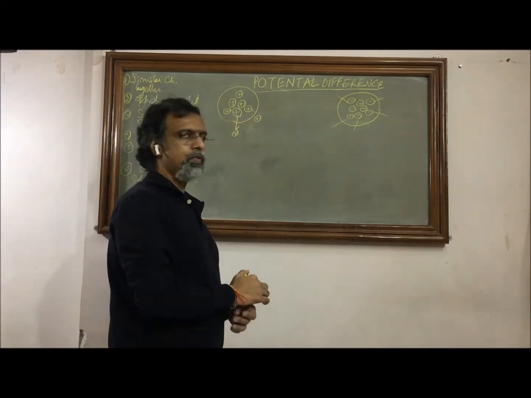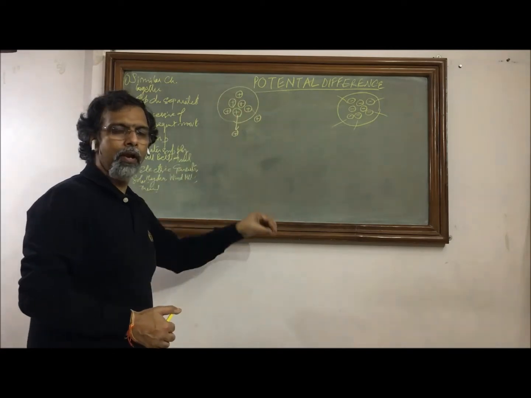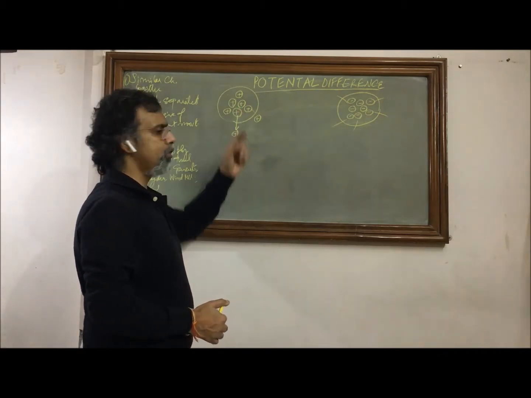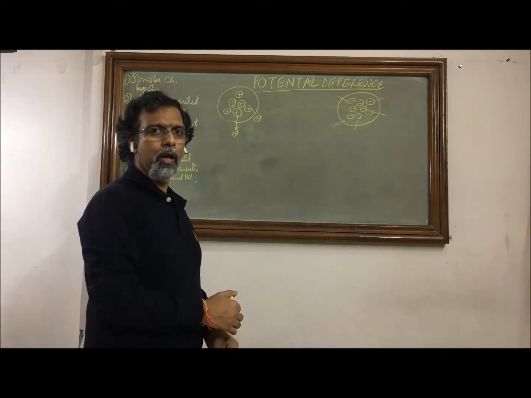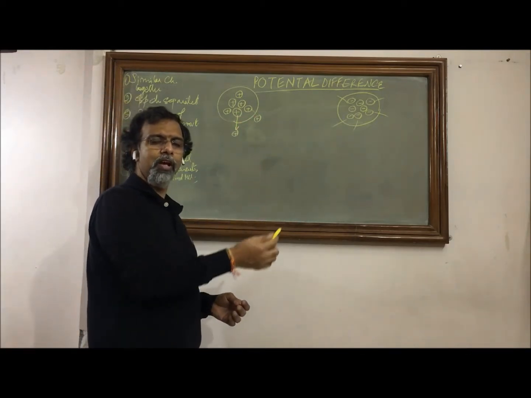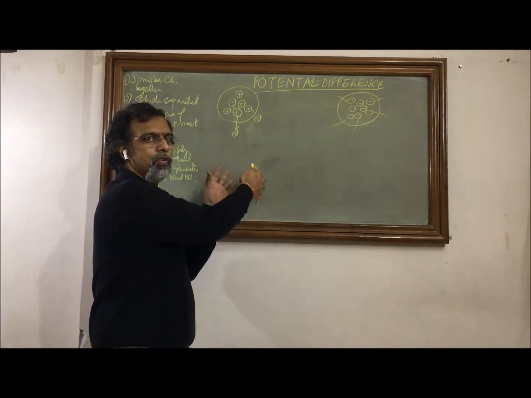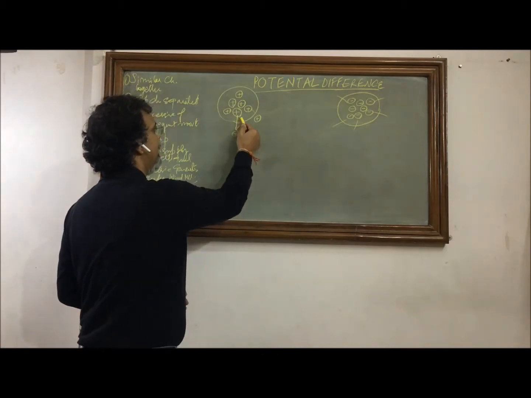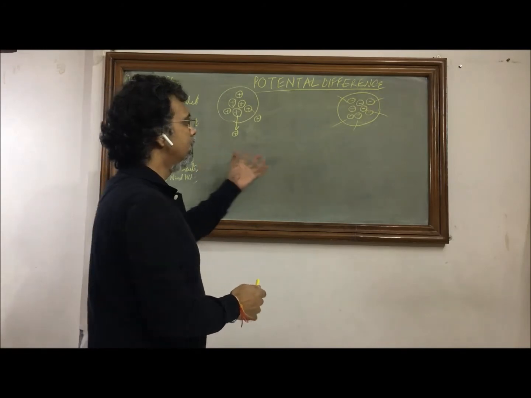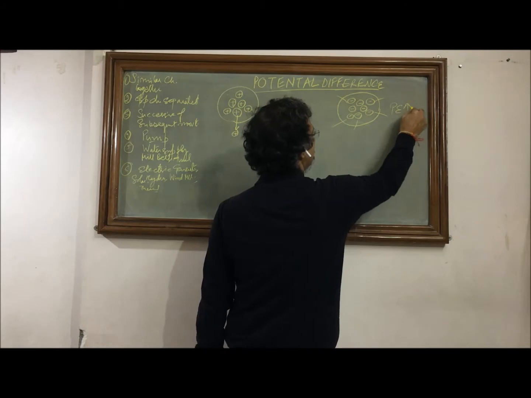Now from where has this higher potential energy come? Remember, initially we had just one, we added. Now when we add a charge of similar type and we put it near to a charge, obviously we are moving the charge against the force of repulsion, and the external agency is doing some work. Now that work is stored in the potential energy of this system. So we say that if we have some collection of charges that are the same in type, all positive or all negative, this collection is going to have a higher potential energy.